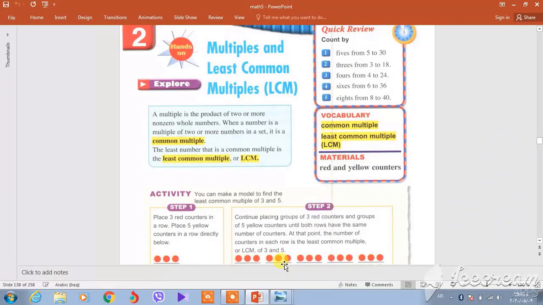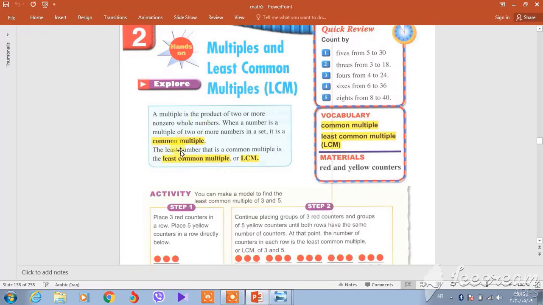Everyone, how are you? Today we are coming back, and in today's lesson we study multiples and least common multiples. You can say LCM, it means least common multiple. The first time we need to find the multiples, after that which one is common, and we have the least common